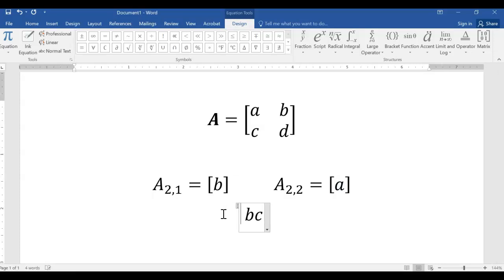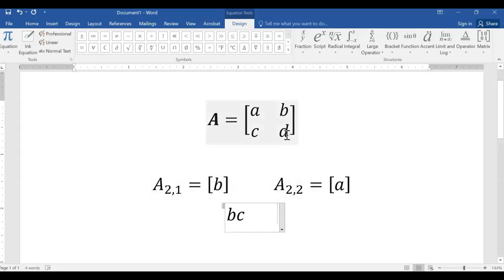In this case, we started with the A21, that's the B. If I multiply that times the 2, 1 entry, so B, now I'm going to multiply that by C. So BC,